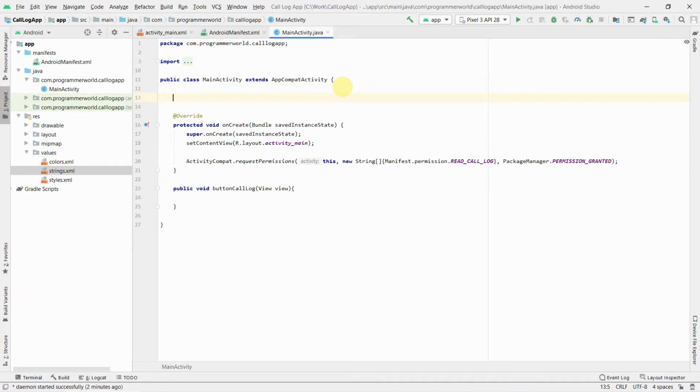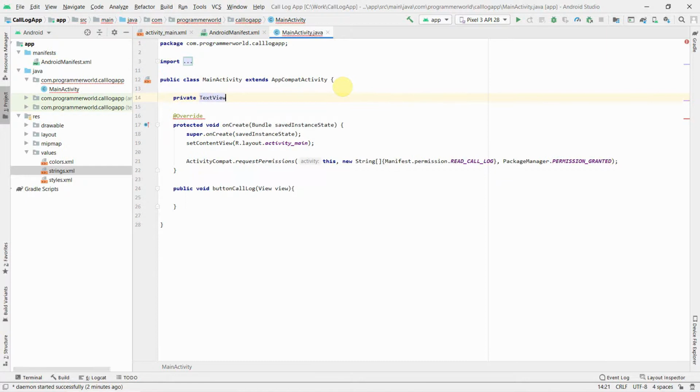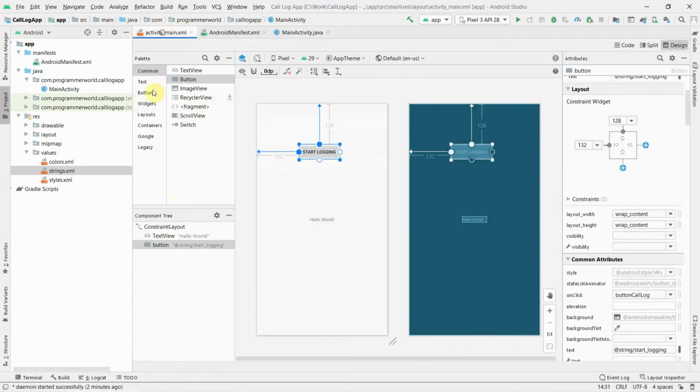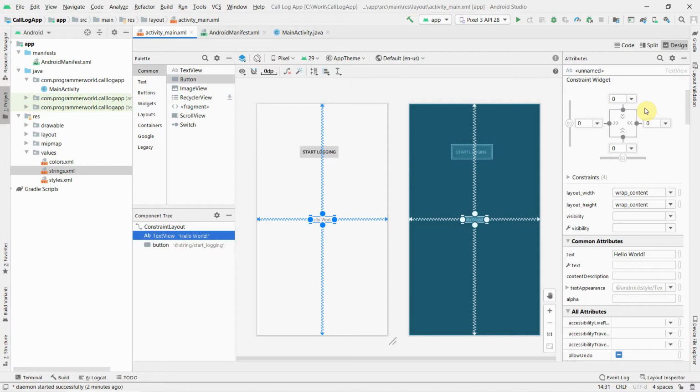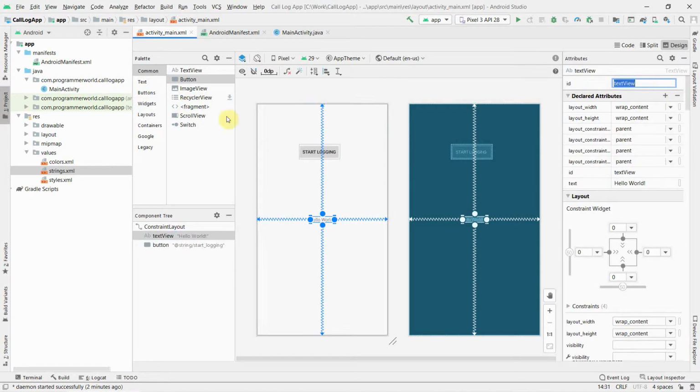Now further to that, I'll quickly create a text view to have access to this particular widget in the layout. Of course I should have given it an ID. By default this doesn't have an ID, so I should give an ID. Any new widget you add from the palette will have an ID, but this is the first one, which doesn't have an ID.